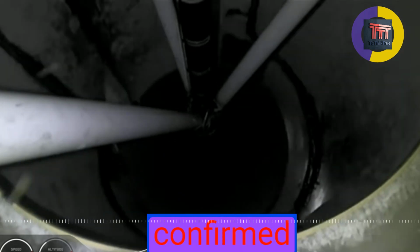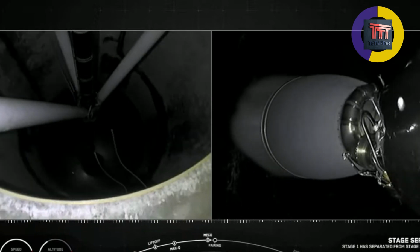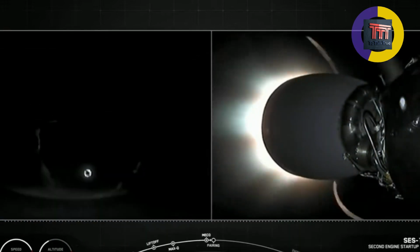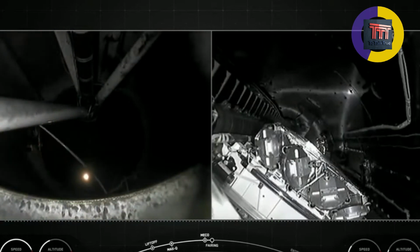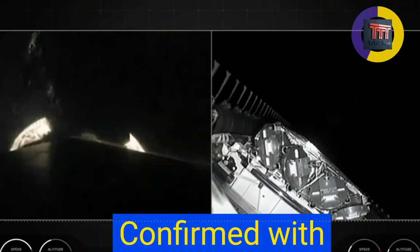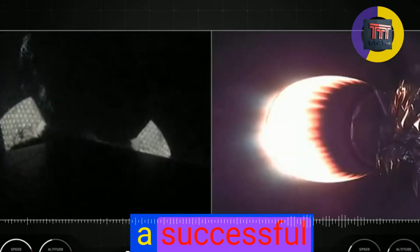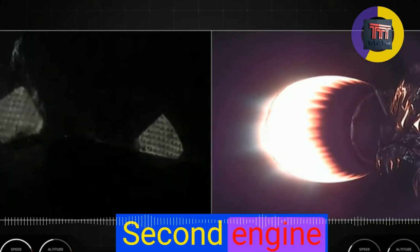Stage separation confirmed. And second stage ignition. Fairing separation confirmed. With that, you just saw on your screens a successful confirmation for MECO, stage separation, second engine start 1, and